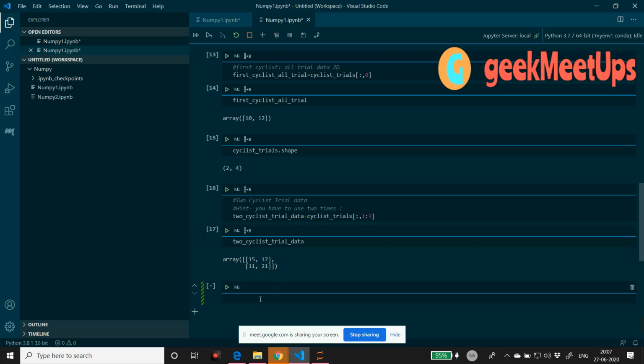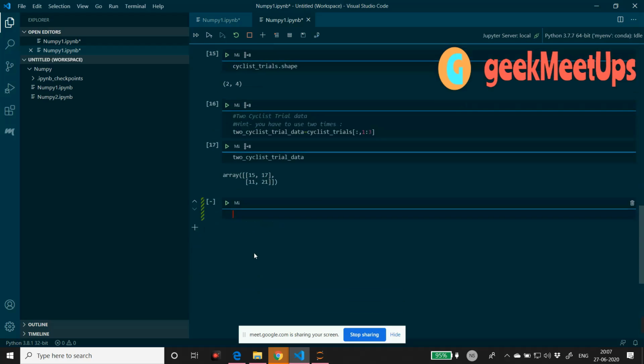Now someone asked me a question: if I need to iterate through the entire data set, how do I iterate?